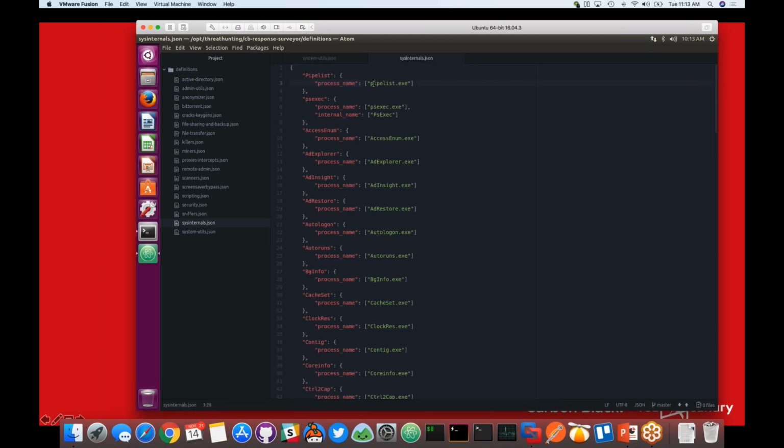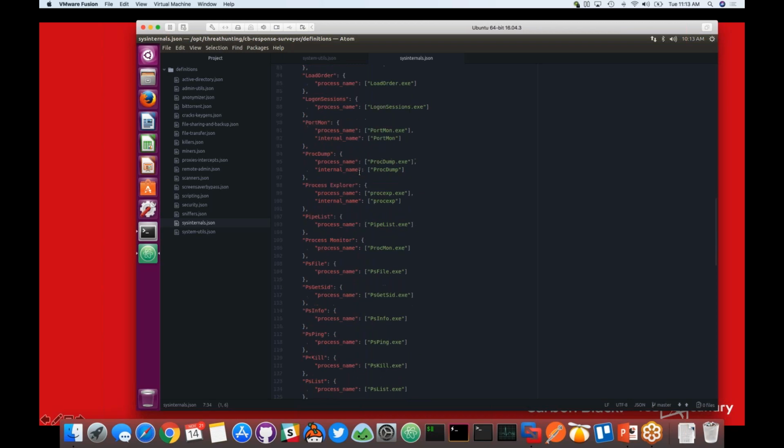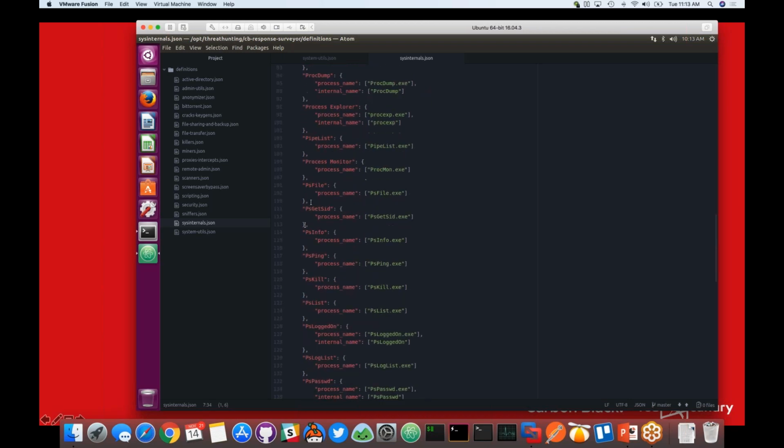So here's your process name, pipelist.exe. As I mentioned, you can use everything from Carbon Black because it's just going to query against the API. In some instances, you might have a bad actor bring in their own PsExec. It could be renamed ps.exe. And so we want to look for that internal name. So I added internal name to a couple of the core ones here because I want to know if that's in a customer's environment or an environment that I'm scanning.